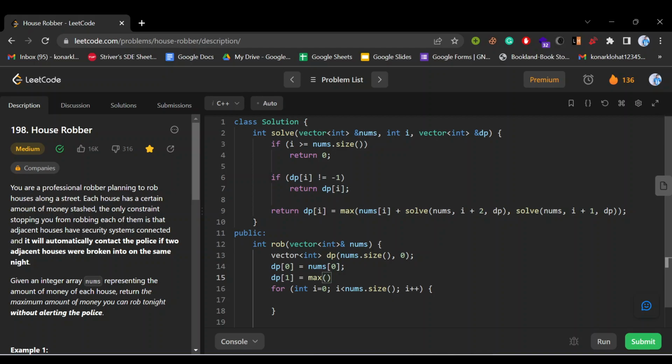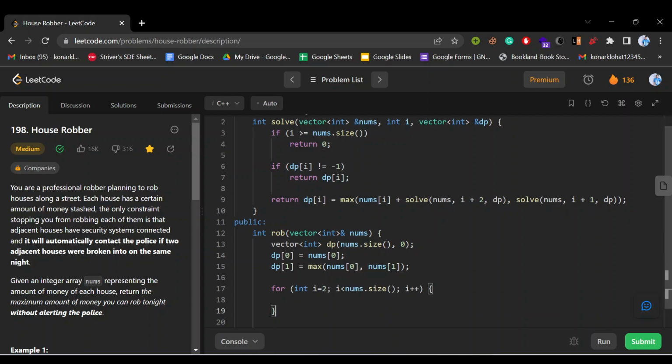But if you have two houses and they are adjacent, then what is the maximum money that you can have? The maximum money will be out of these two houses, because if you rob house 1, then you cannot rob house 2. If you rob house 2, then you cannot rob house 1, which is why the max of nums of 0 or nums of 1 will be equal to dp of 1. Now the loop should start with 2, and this will say that